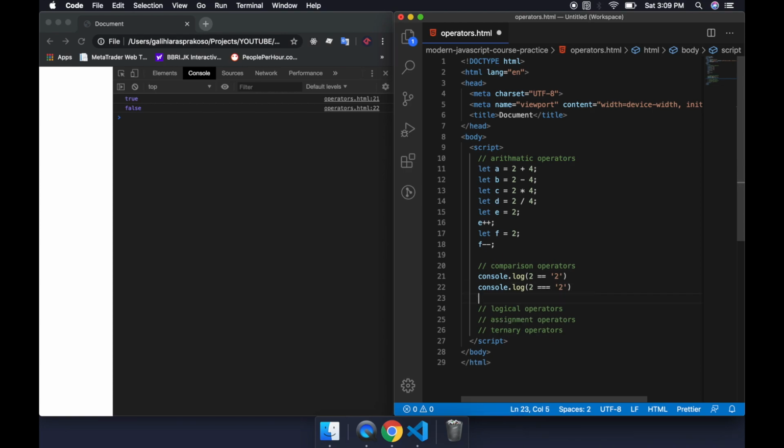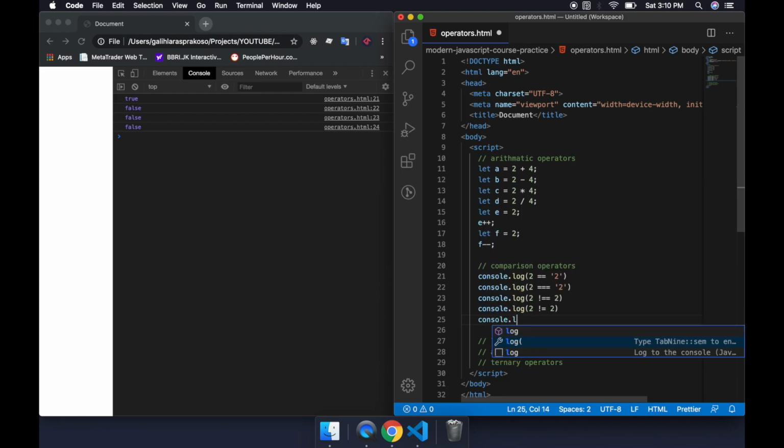Okay, next is not equal, false. Okay, and then we can also do something like this. So it's just the same as before. The double equal will do a type check, and the single equal will not do the type check. And then the next is